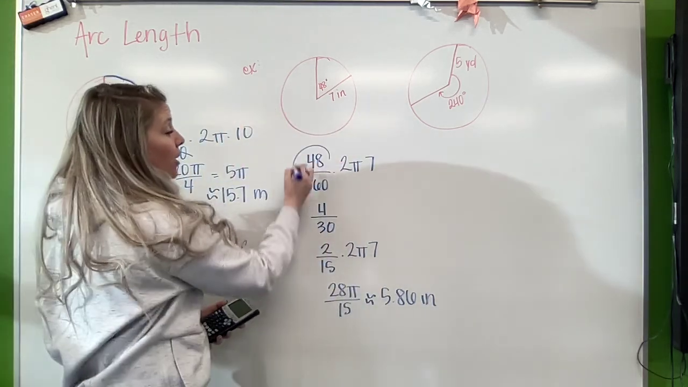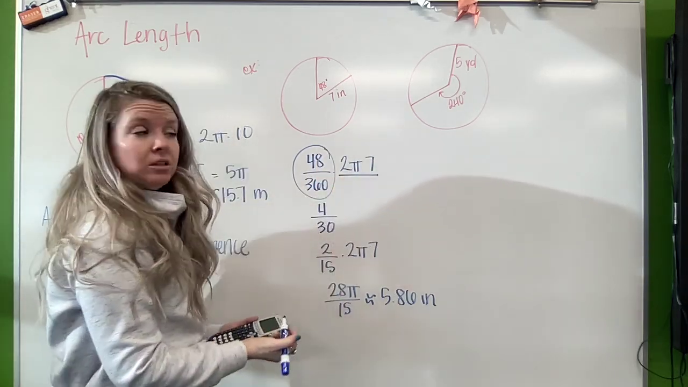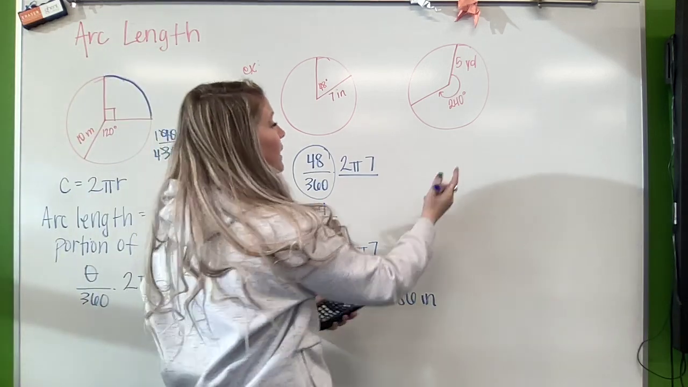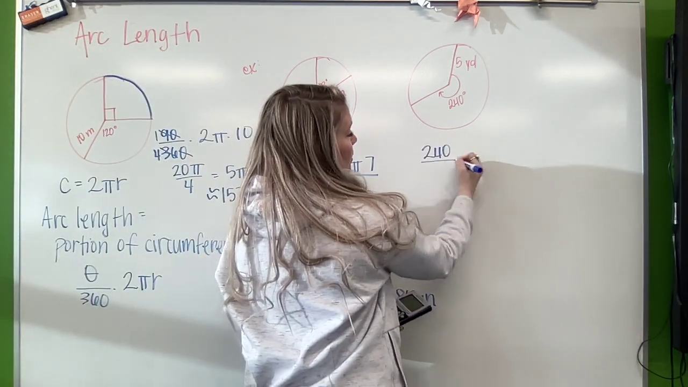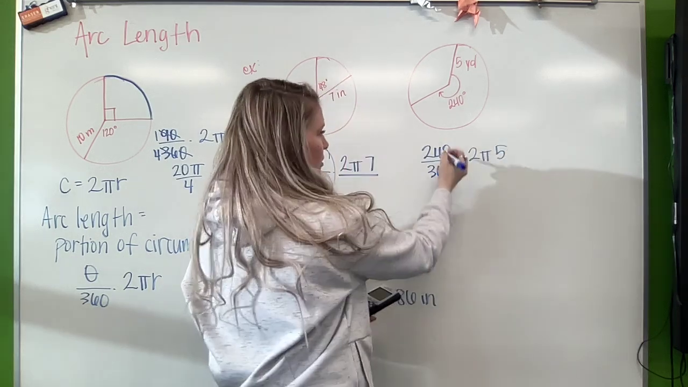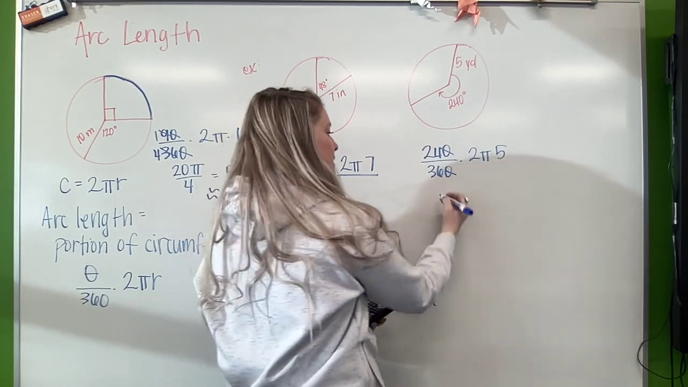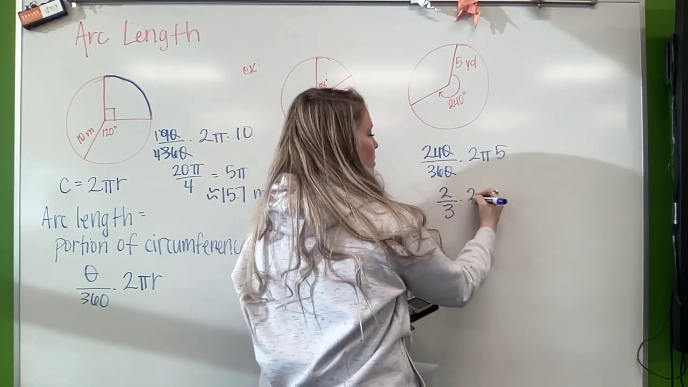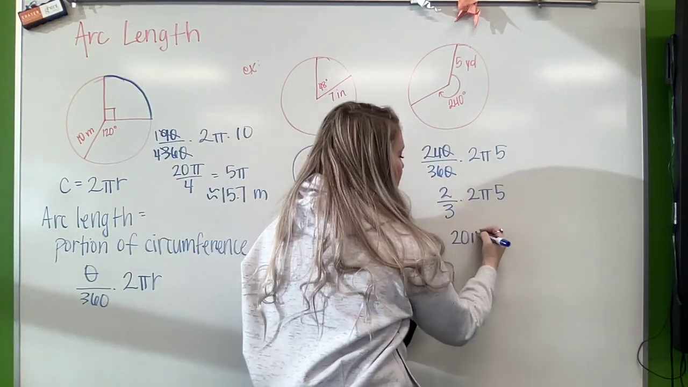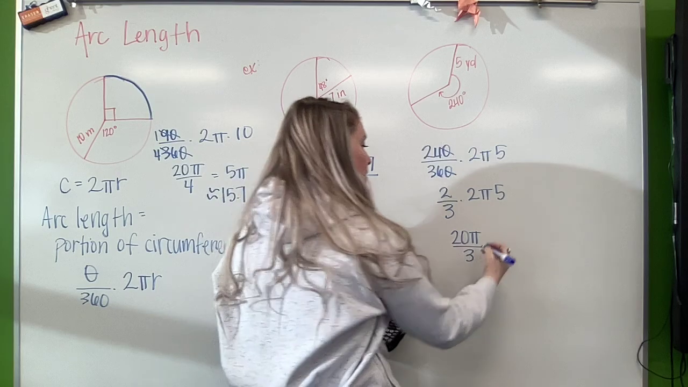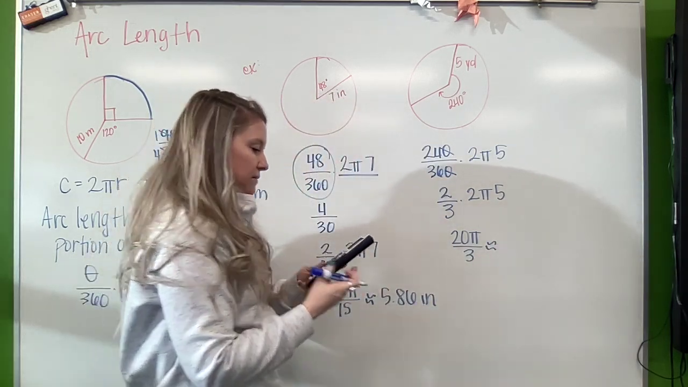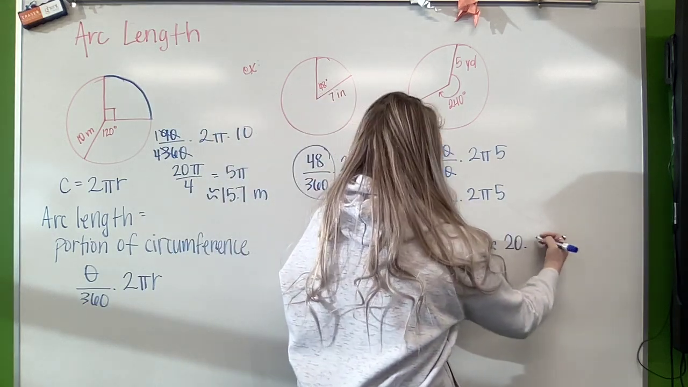Okay, again, part of the circumference. So what part of the circle? And then find the circumference of that circle. So we've got one more here. So we're going to have 240 over 360 times 2 pi r. So again, 24 and 36. So that's going to give me 2/3. 2 pi times 5. So that is 20 pi over 3. And I can go ahead and ask my calculator. 20 times pi divided by 3. And I get 20.9